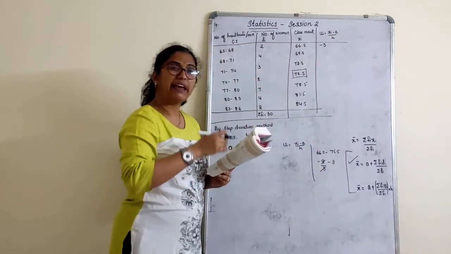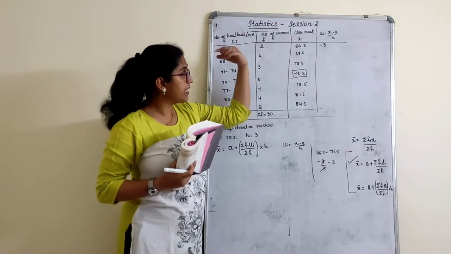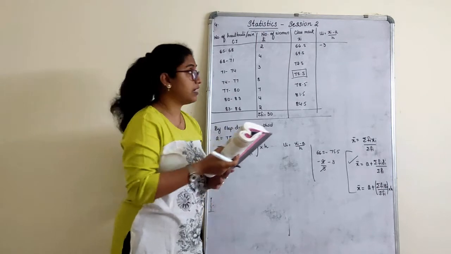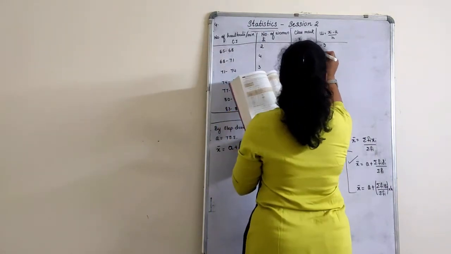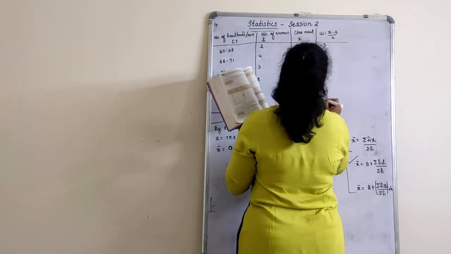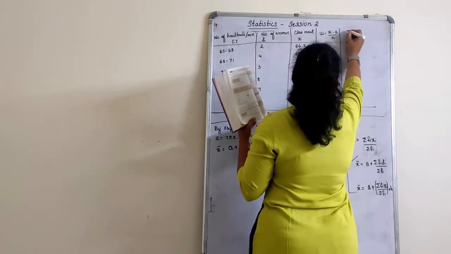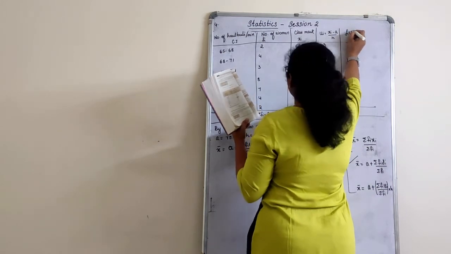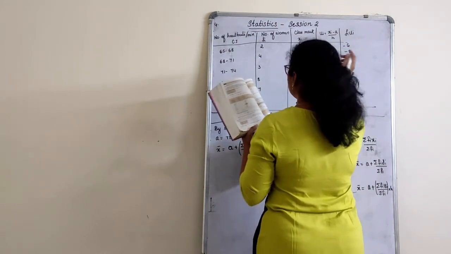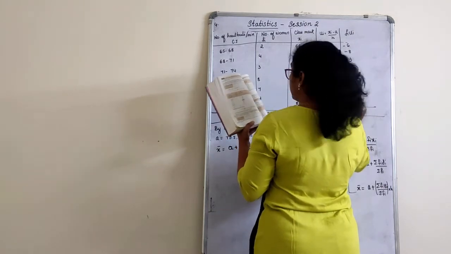I have explained one. I will just give you the answers what I have calculated. Is this point very clear? Simple, like how we had done. Xi minus A divided by size of the class interval. Minus 3, minus 2, minus 1, 0, 1, 2, 3. Usually you have such values children, remember. And the last table, that is Fi, Ui. Fi into Ui. 2 3s are minus 6, minus 8, minus 3, 0, 7, 8, 6.